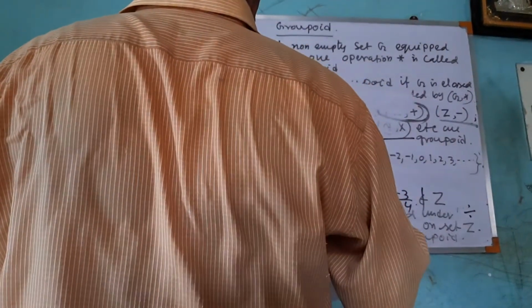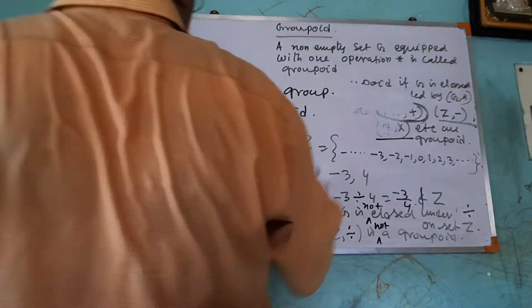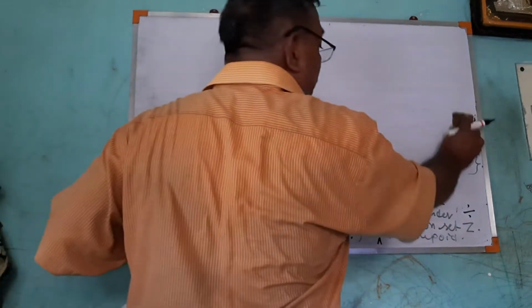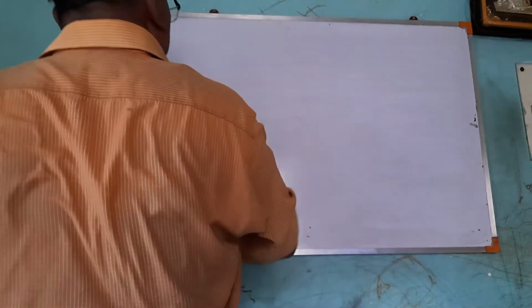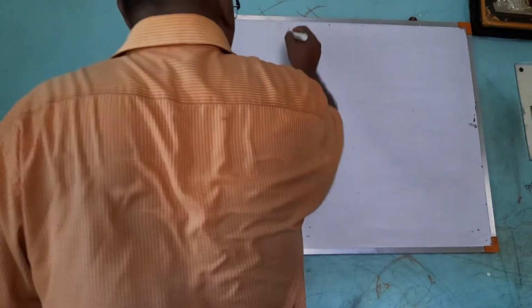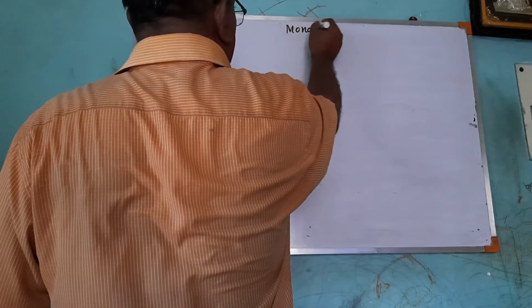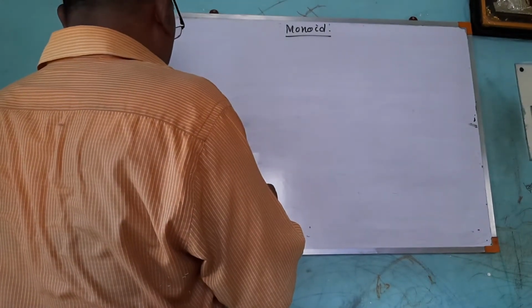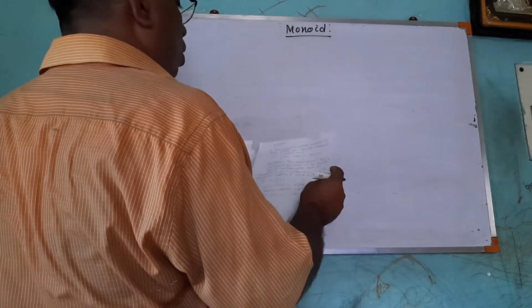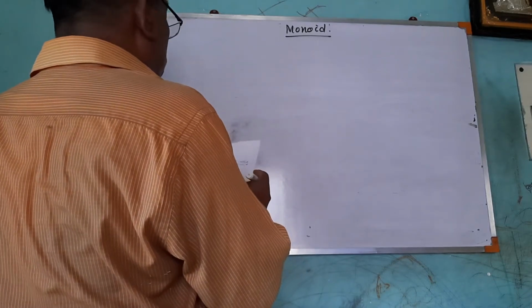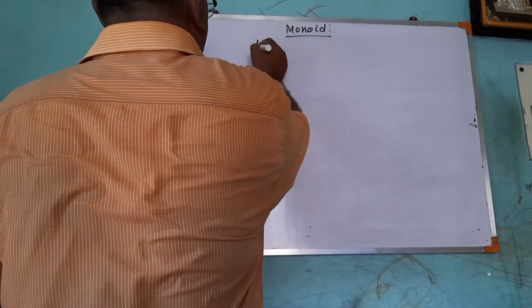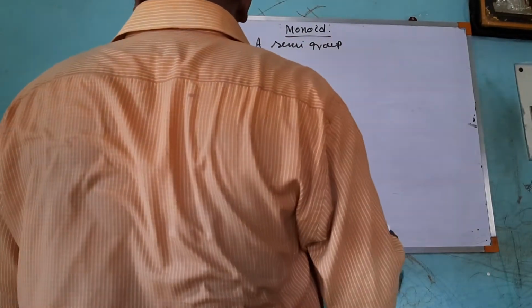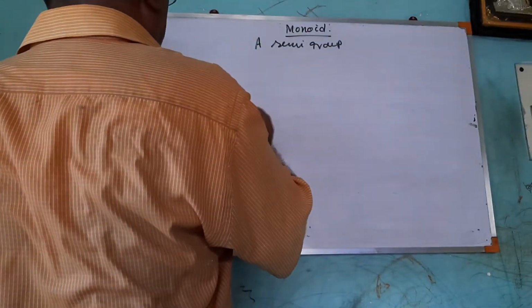Now we are coming to another topic, that is monoid. What is called monoid? This is in your syllabus. This is a very important topic. What is called monoid? A semi-group is called monoid